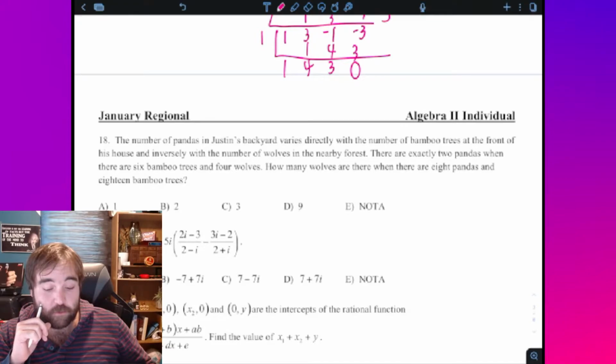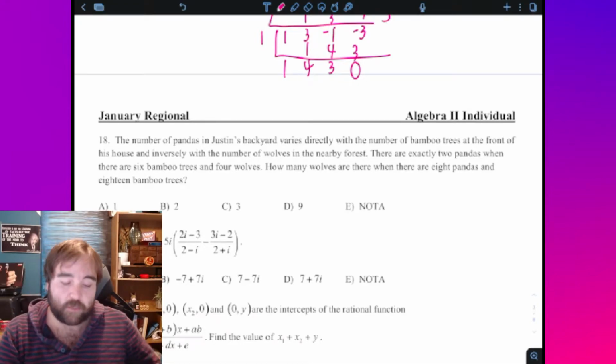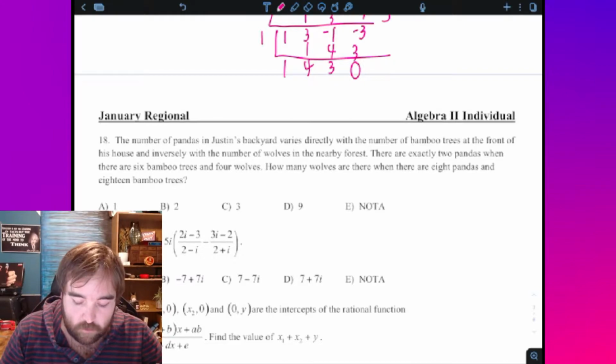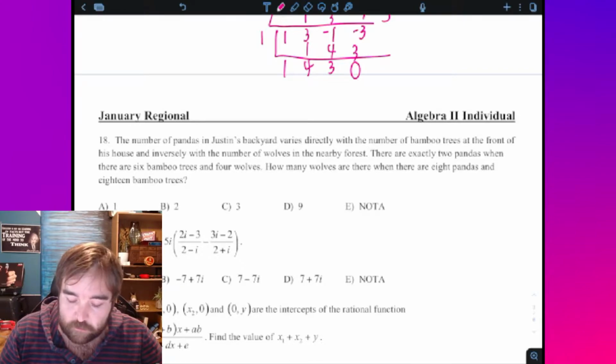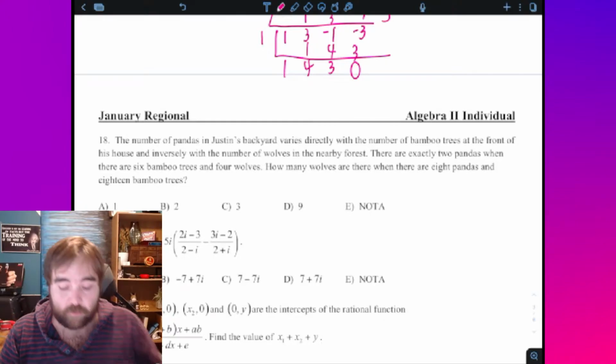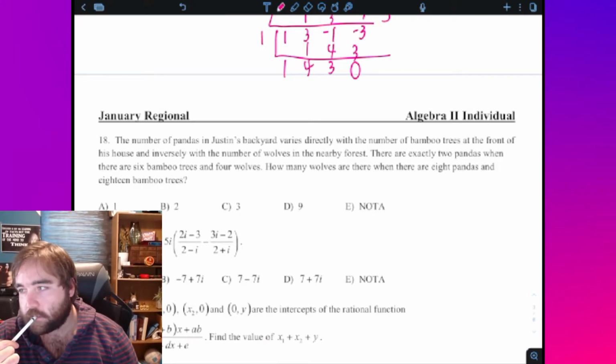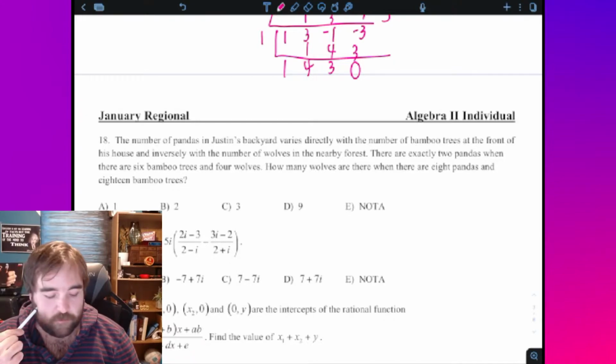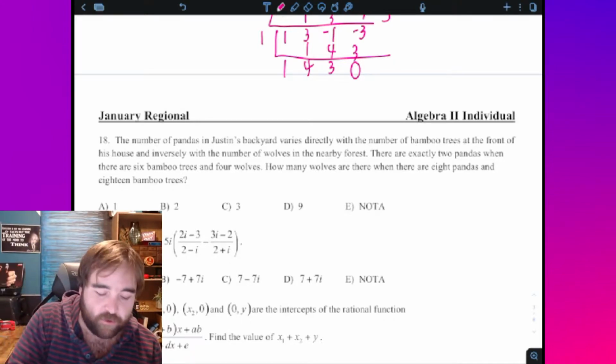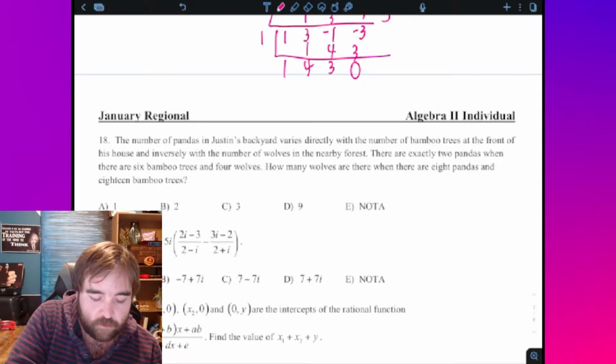The pandas varies directly with bamboo trees. So that makes sense. More pandas, more bamboo trees. And inversely with the number of wolves, which also makes sense. So there are exactly 2 pandas when there's 6 bamboo trees and 4 wolves. How many wolves are there when there are 8 pandas and 18 bamboo trees? I just have to set up the equations. I really don't understand that type of inversely proportional stuff. That's really hard for me. So I'm going to set up equations and say